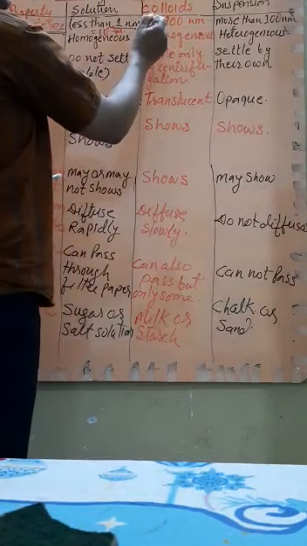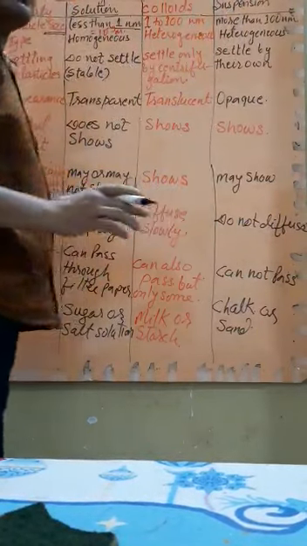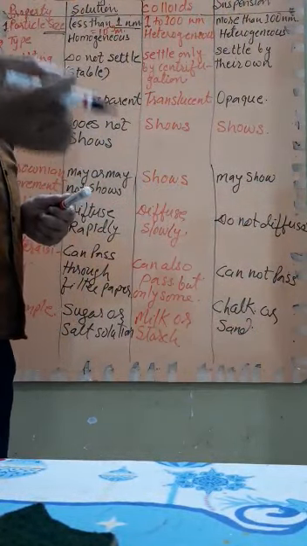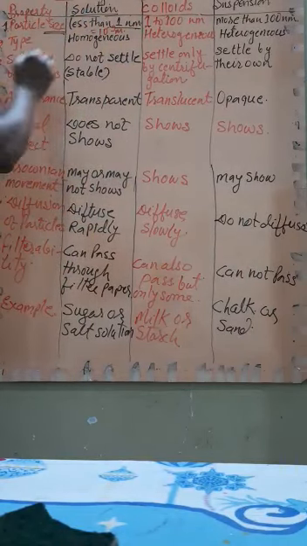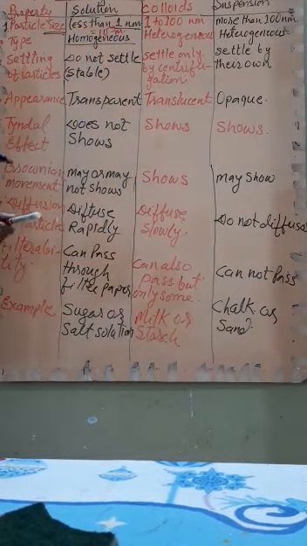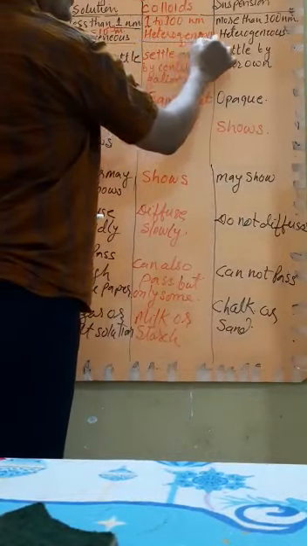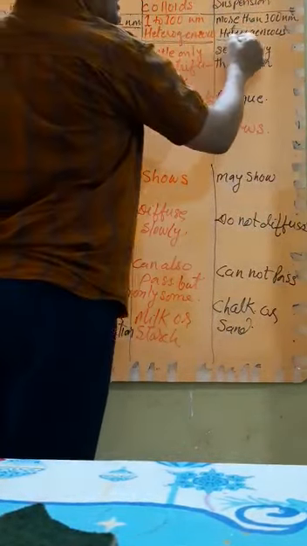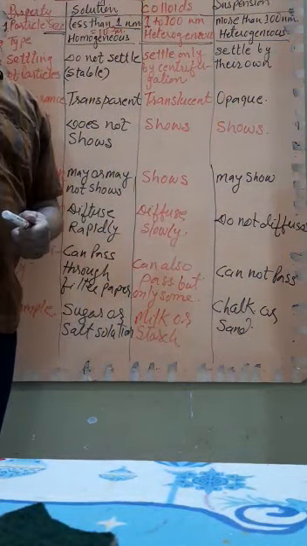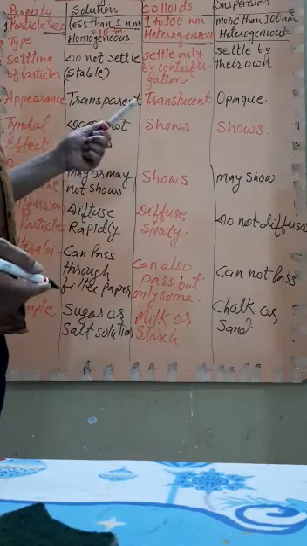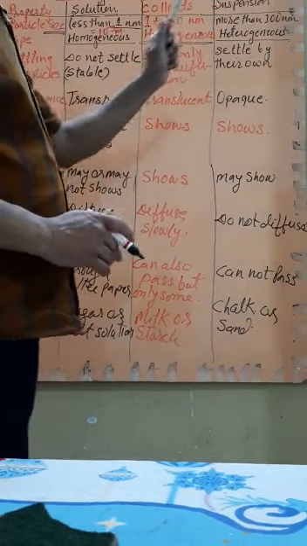While for colloids, the particle size is 1 to 100 nanometer. And in suspension, the particle sizes are very big. Therefore, they are clearly visible, while the others are non-visible. Next, type. What are we calling it? Homogeneous. You know the solution is a homogeneous mixture. And colloids are heterogeneous. And similarly, suspensions are again heterogeneous. Why are we saying heterogeneous? Because they can be separated out by filter paper, and the particles are not thoroughly distributed. Therefore, they are called heterogeneous.